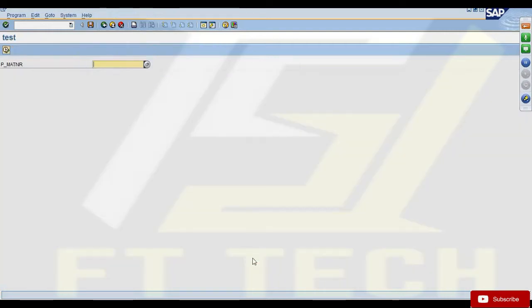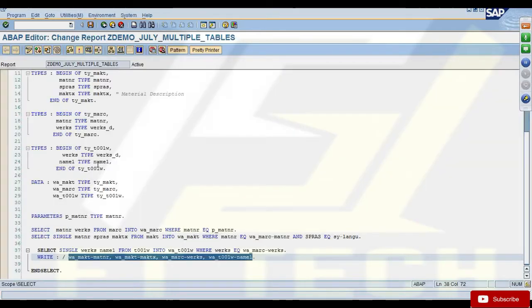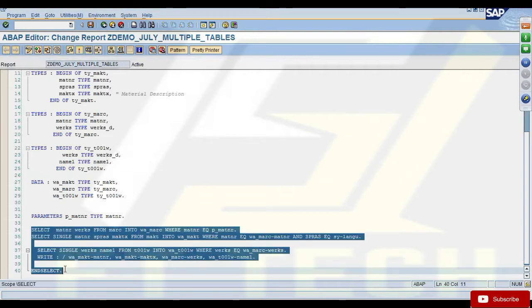But if the user says, give me a PDF button where you can download this output, then since I don't have this data stored in my program anywhere, when he clicks on the PDF button, again I have to write the same select and endselect, again get the same data from the database, and then instead of printing in the output, you download that as a PDF. So if you want to access the same data again in your program, then you have to write this select again. So if you want to process the same data at 4 different places in your program, then you have to repeat these select statements at all those 4 places, right? So you need to repeat the select statements.